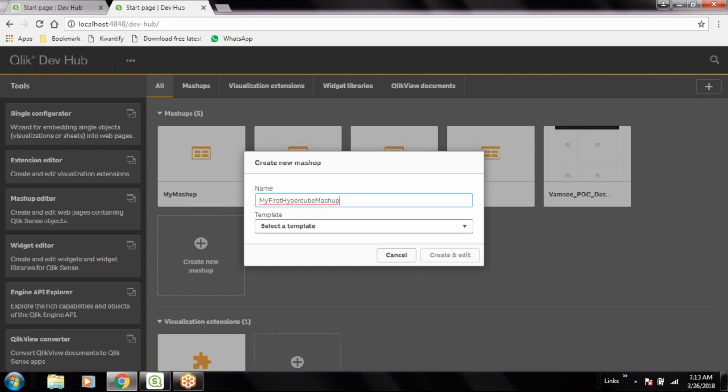So I hope you understand the difference between creating the mashup the way we created in the last session, and how to create a mashup without using the objects from the Qlik Sense desktop. We can straight away create the objects in the Qlik Sense hub only, even if you don't have a single dashboard in the Qlik Sense